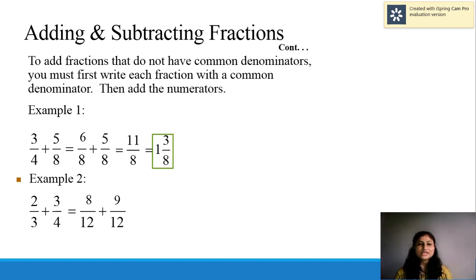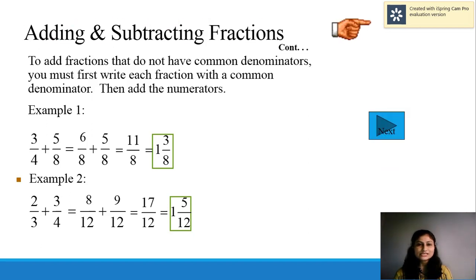And now we add both because denominators are same, is equal to 17 upon 12, and we divide it, 1 integer 5 upon 12 is the answer. Now next is